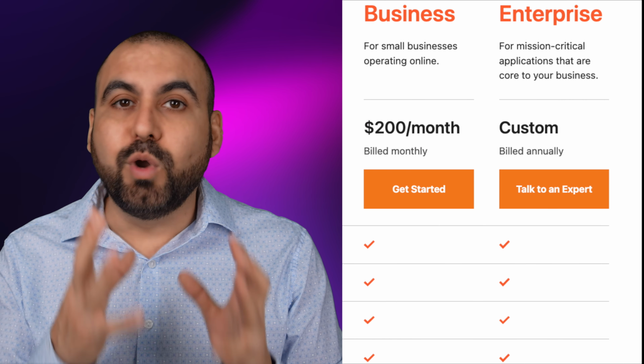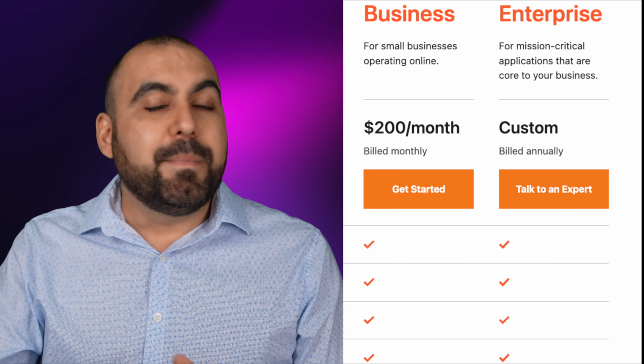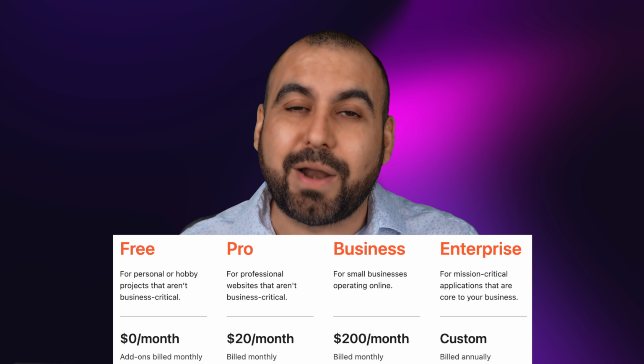Are you looking at Cloudflare's enterprise version and you see that they have some really great features for that plan? But the reality is that the month-to-month payment is just, well, crazy, right? It's just super expensive. Well, there's a workaround to this, and it's called 10Web Booster.